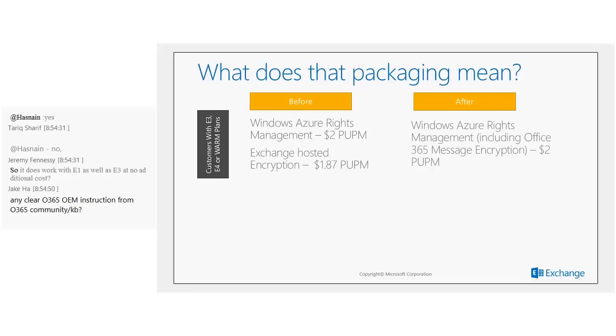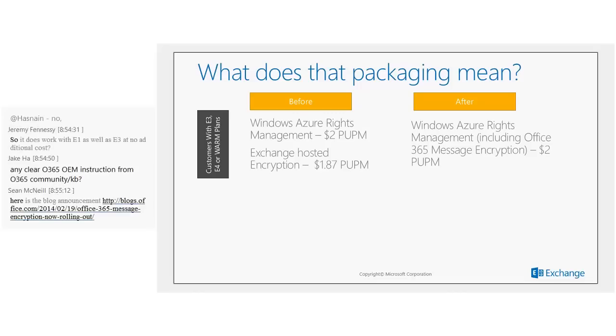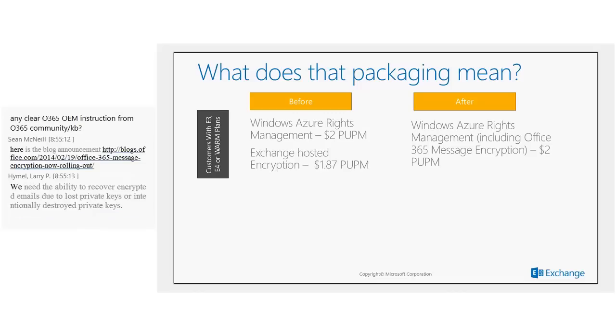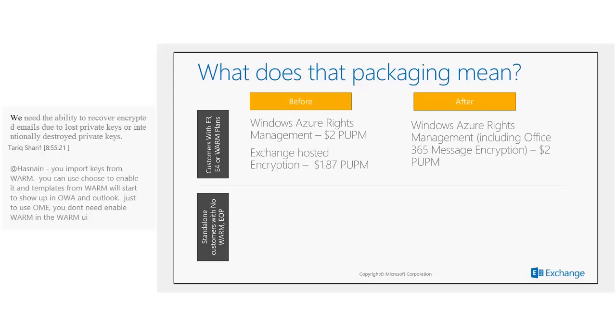But going forward, we would include them together without raising the price. And by purchasing Windows Azure Rights Management for that same $2 SKU, you get both those capabilities together. And if you're a standalone customer, and I mean the on-prem customer who does not have Windows Azure Rights Management, and you also don't have Exchange Online Protection, meaning you don't have a way to route your emails to Exchange Online,